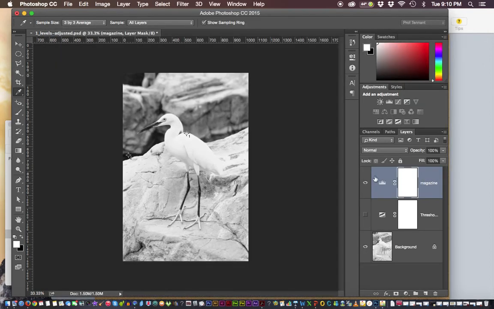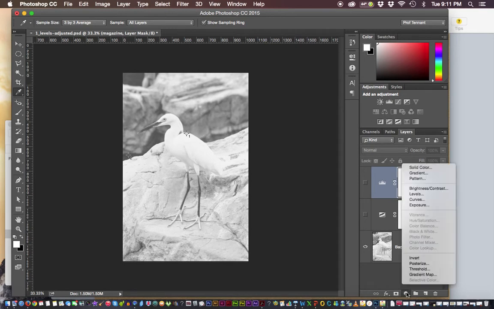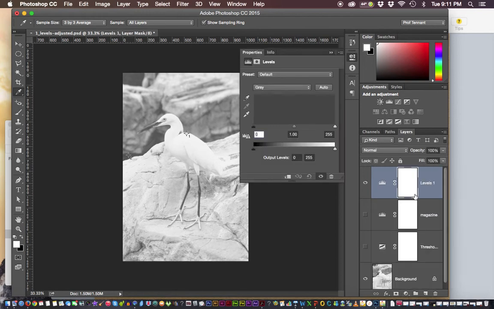So I want to go to the Photoshop and turn the visibility off for the magazine settings that we just set up. And so we'll start again. For both of these tasks, we're going to be using the exact same target. So we've done half the work already when we set the targets. So I want to go back to the adjustments layer and choose levels again. So it's the same kind of task. But for newspaper, now we'll just do the white and the black